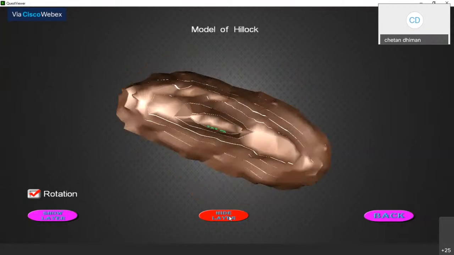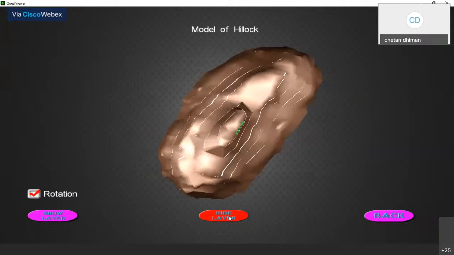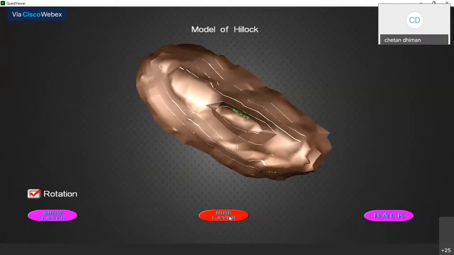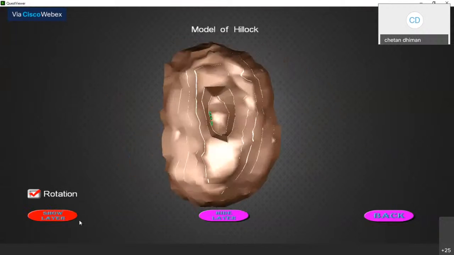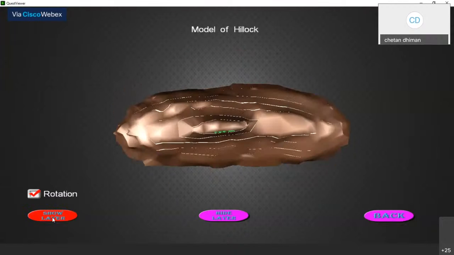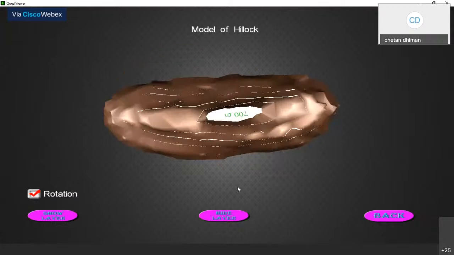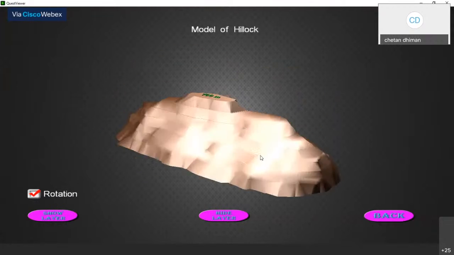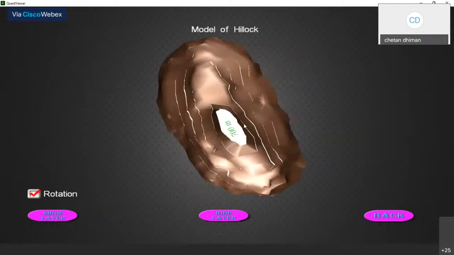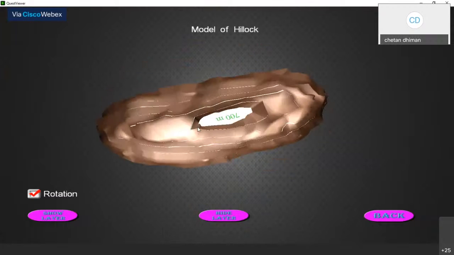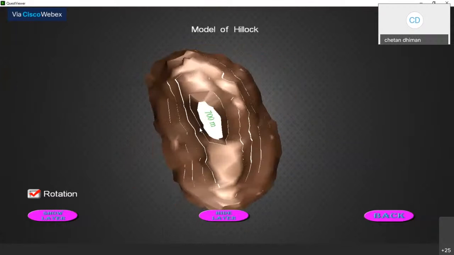To visualize and to give a detailed introduction, here we provide two buttons, show layer and hide layer. When I click on hide layer, you will find a plane surface, and the outer periphery of that surface is a contour of 700 meter.